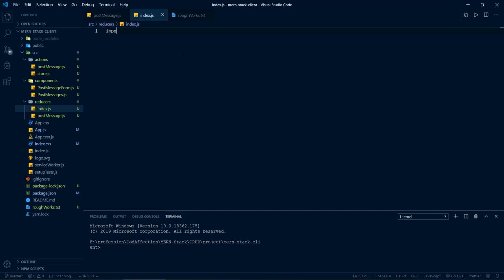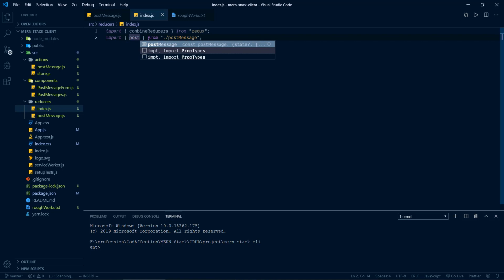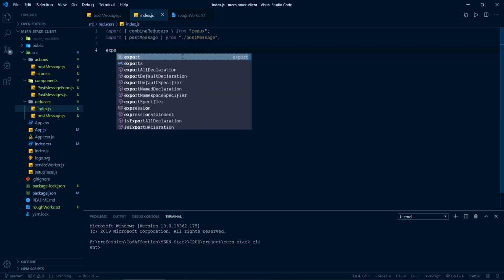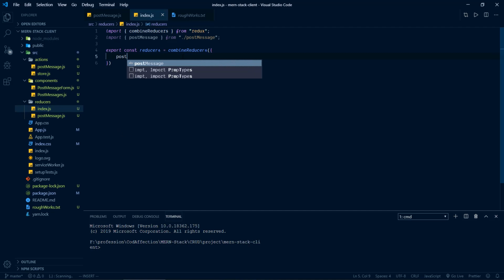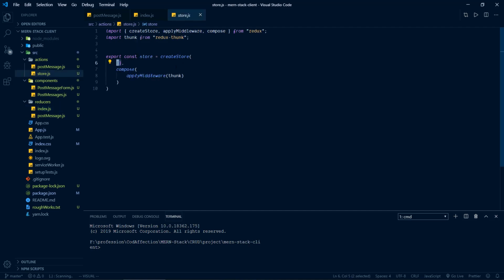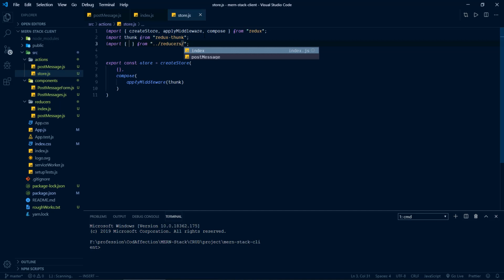Now let's import corresponding function here. From Redux, we have to import this function combine reducers. Now let's import the reducer post message here. Post message. From that we have to import post message. Now let's create a constant to export, constant reducers, combine reducers. Inside that we will have an object like this, post message. Now let's pass these reducers inside this function create store here. So first of all, let's add corresponding import statement from reducers folder. We don't have to mention this index.js. By default it will look for the file index.js. Okay, and then from that we have to import reducers. Now let's pass that here,